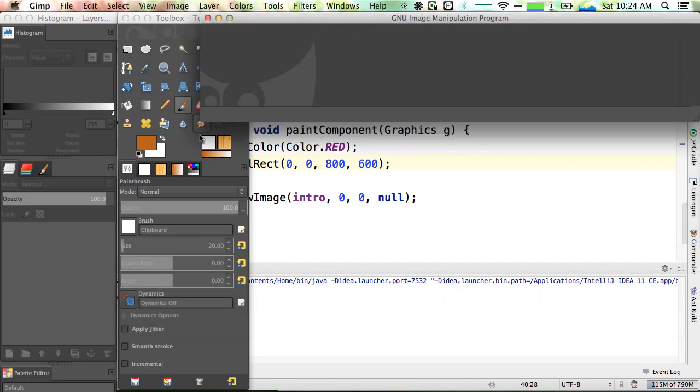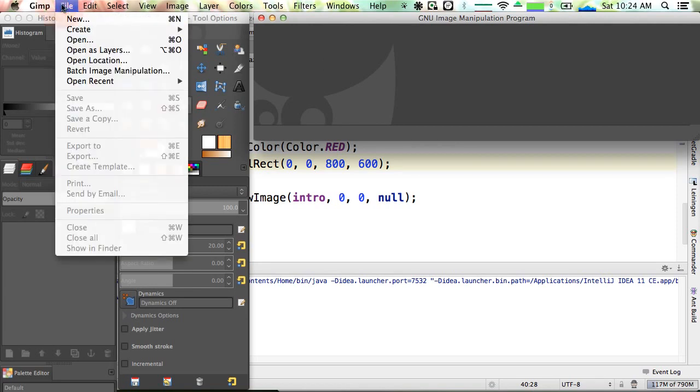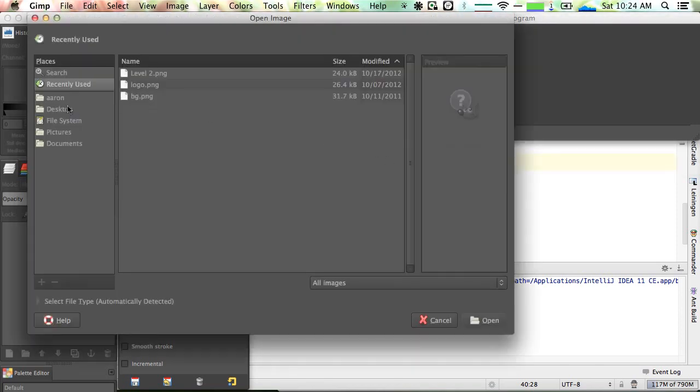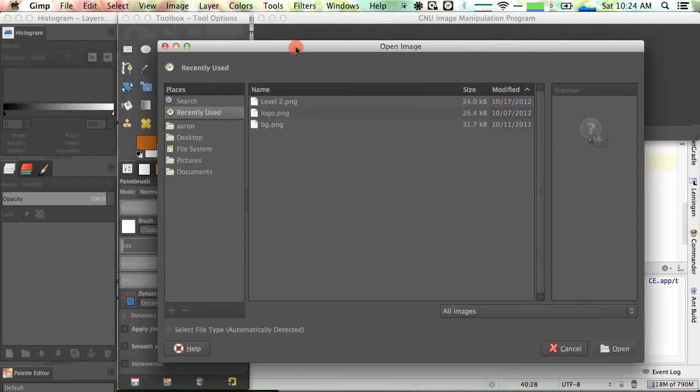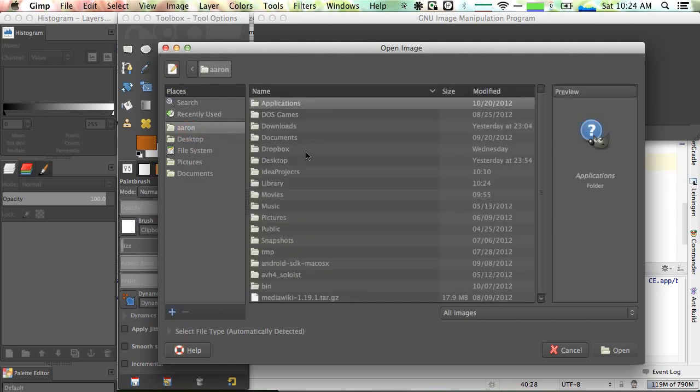But if you have any other kind of program, you can use Microsoft Paint or Preview on the Mac or Photoshop or any other image editing program you want. I'm going to start by opening the starting intro image. So this is to find your IntelliJ project, you want to go to your home folder, and